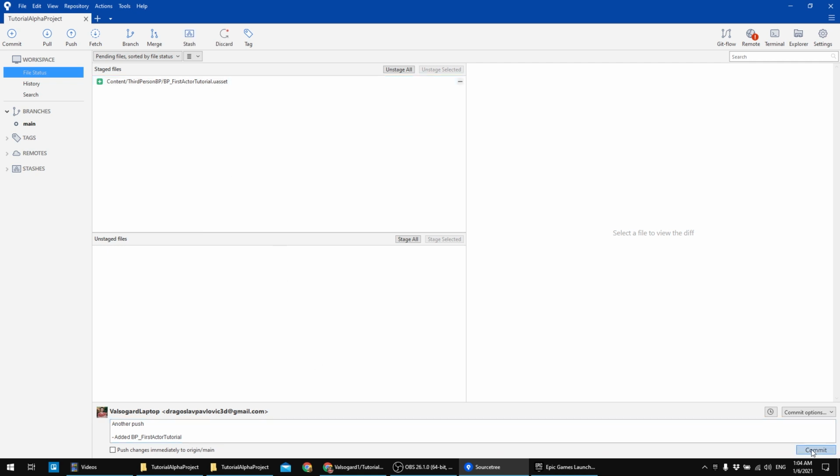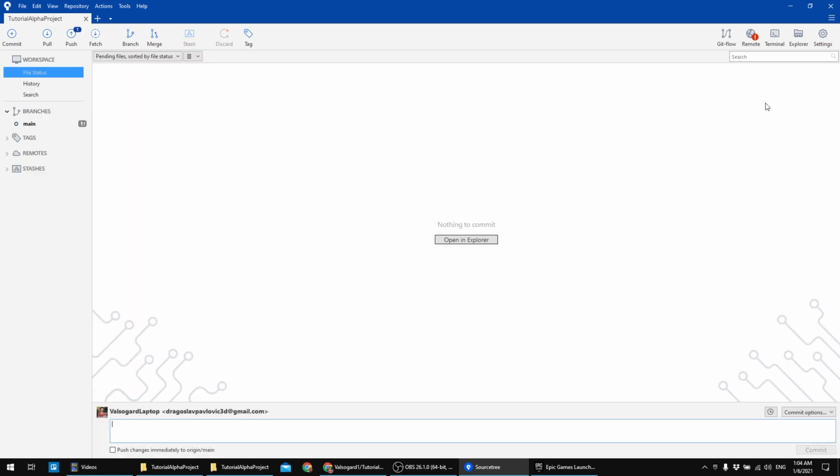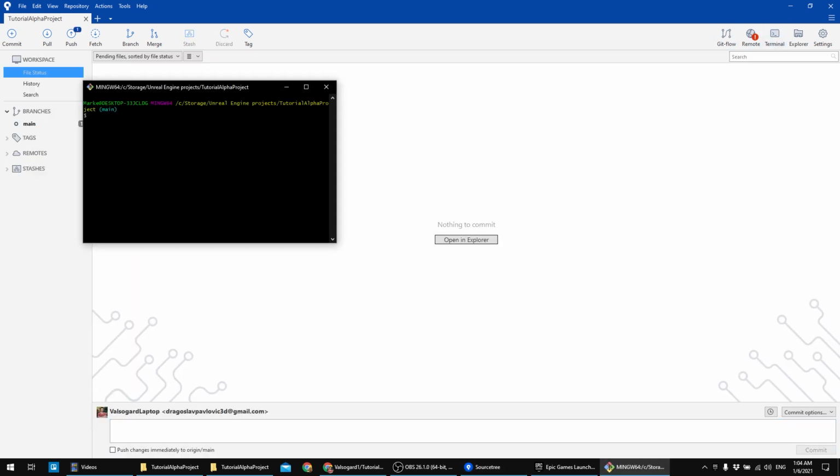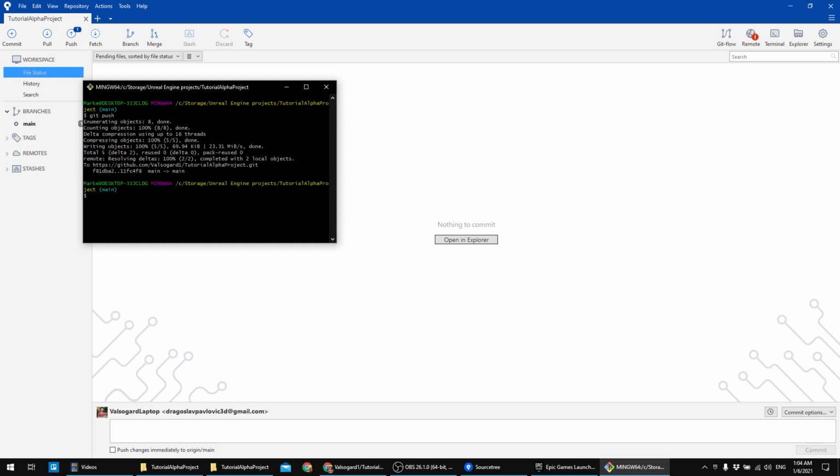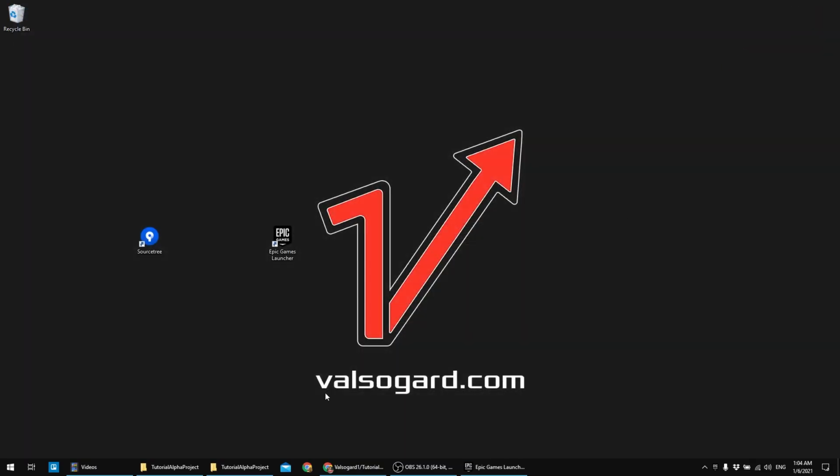And I can now click on commit, and just like before, click on terminal and type in git push. It's going to be much quicker because this is just one file. And now we have no warnings because the file was just a few kilobytes. And let's close the terminal, close Sourcetree,